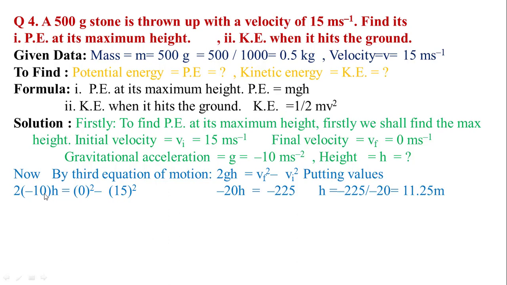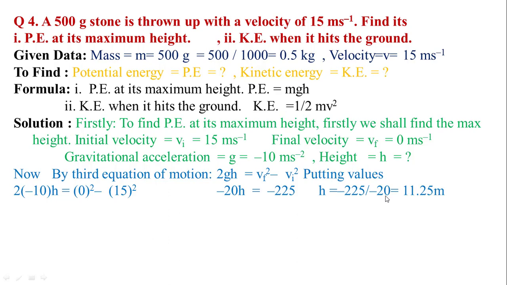So minus 10 multiplied by 2 is minus 20h, equal to minus 225. Minus cancels out with minus, so 20h is equal to 225. Now 20 divided on the other side,